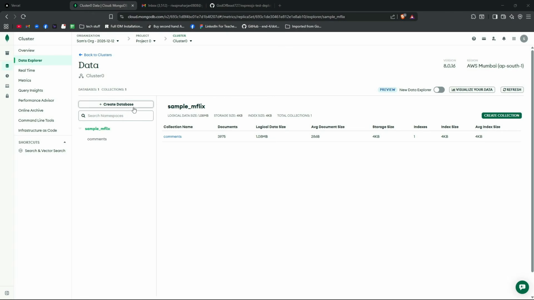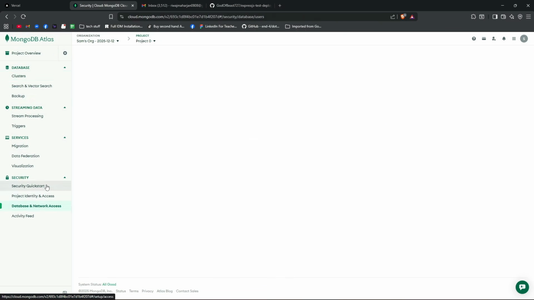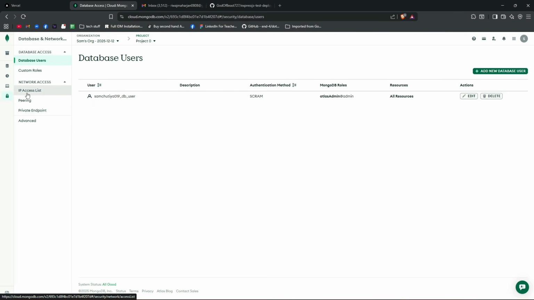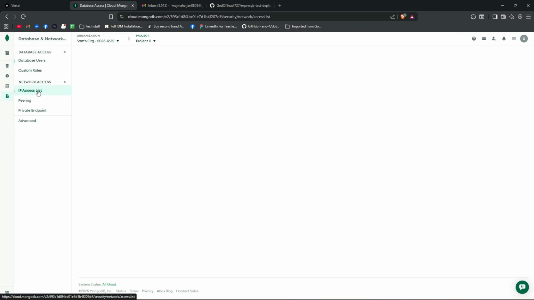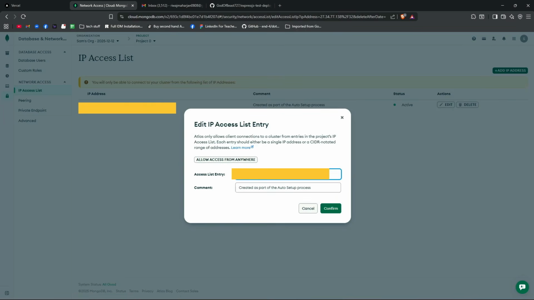Another thing I forgot to teach you guys is we also have to change the whitelisted IP address. By default, MongoDB only allows your IP address to hit the traffic. In that case, go to your MongoDB Atlas again, go to your left sidebar, and go down to Network Access under Database. Click on that and you'll see an option called IP Access List. It will show your IP address. Here, click on edit and edit your access list entry to